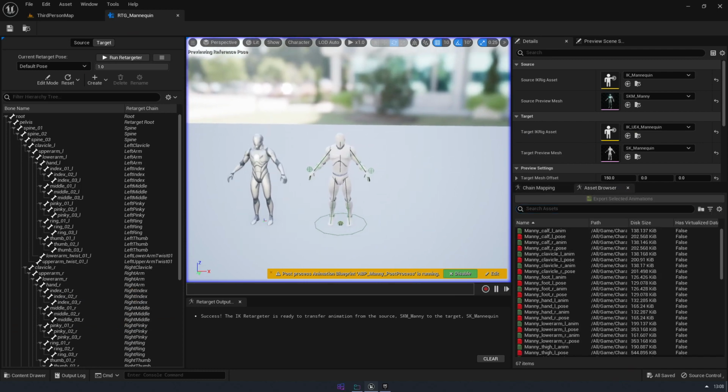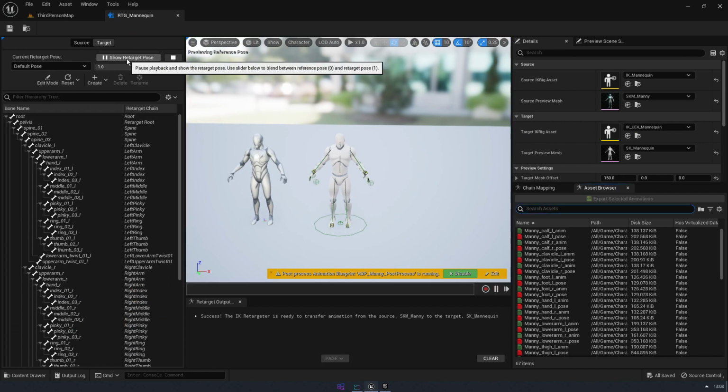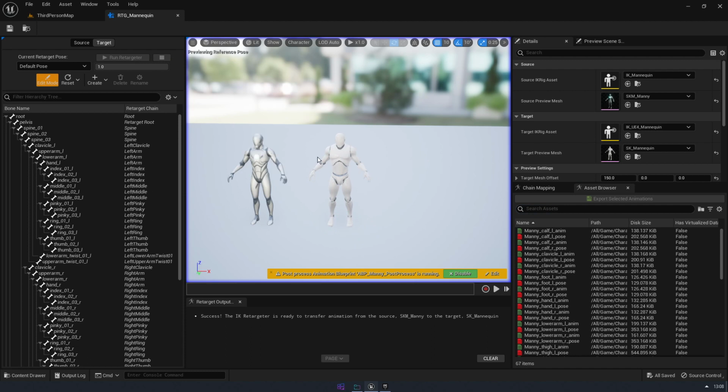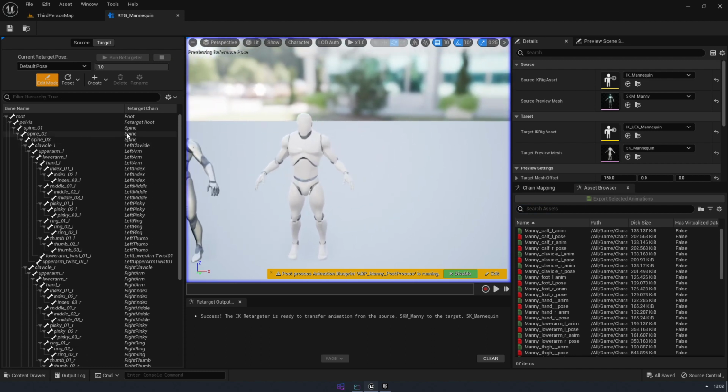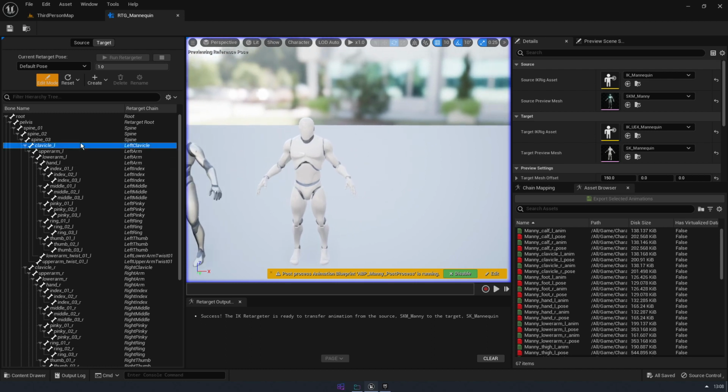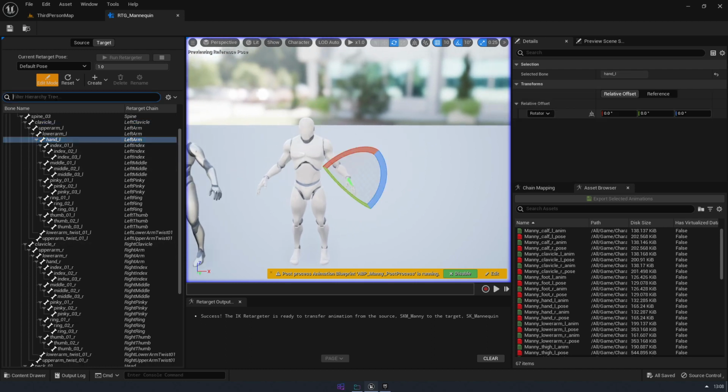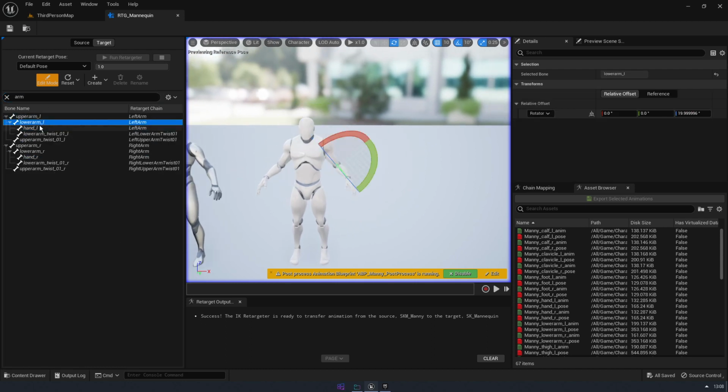This is a little bit different in 5.1. We have this new area over here, where we can run the retargeter if we want to. You can edit the pose. You might find that you can't click anything. It seems that the best way to interact with that now is through this. So if you want to do something with the arms, you can